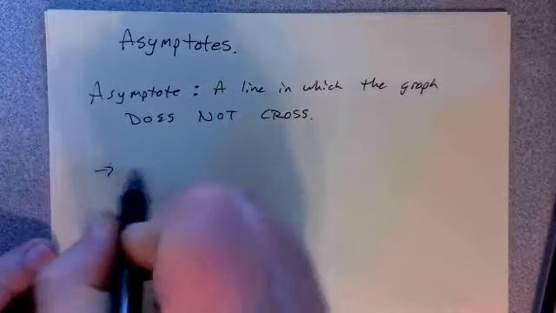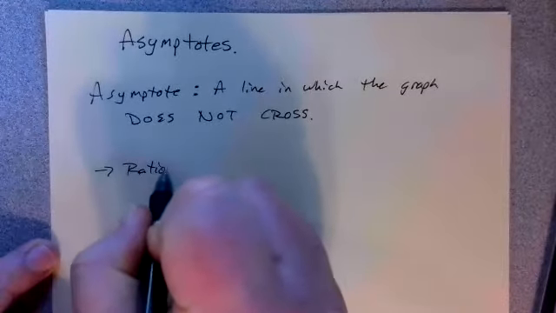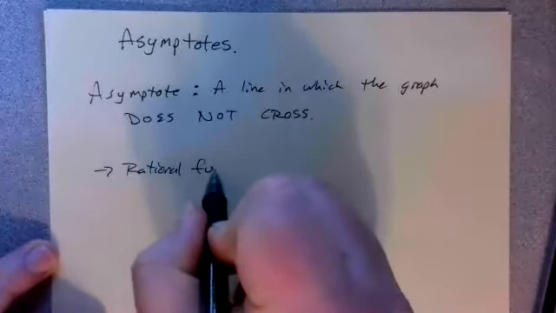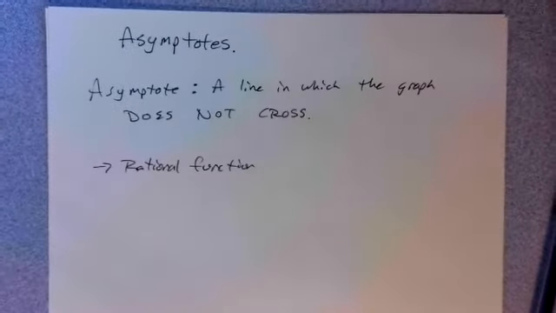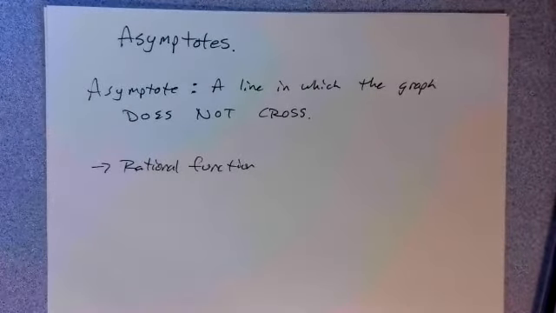So the first type of function that we're going to look at is called a rational function. And we've already taken a look at the domain and range of these rational functions. So what's tied closely to that domain and range of the rational function are the asymptotes. So let's just take a look